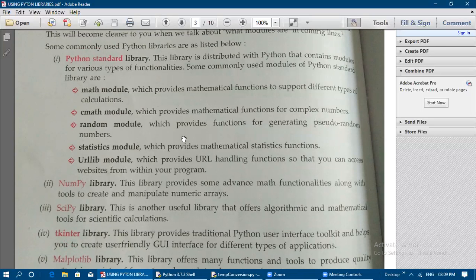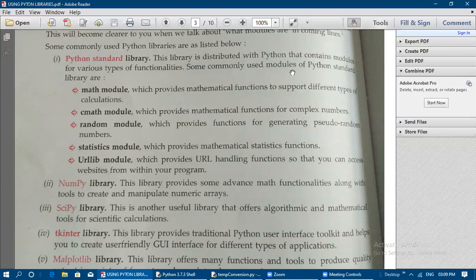In the Python standard library, what are all the modules it has? Let us discuss each one by one. The Python standard library is distributed with Python and contains modules for various types of functionalities. Some commonly used modules of the Python standard library are as follows.